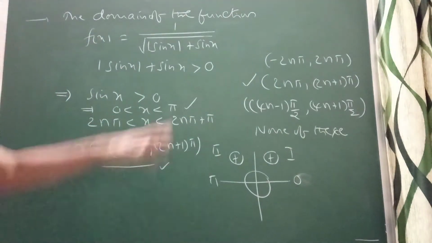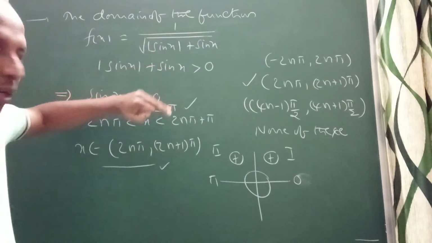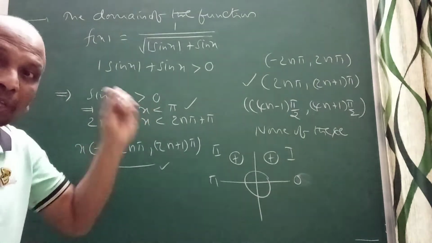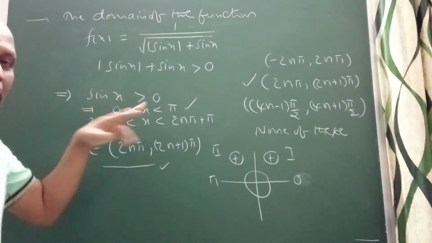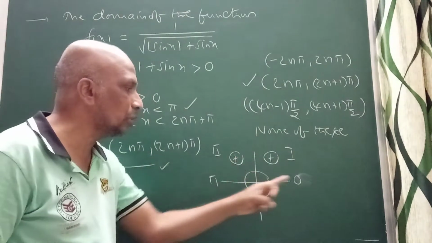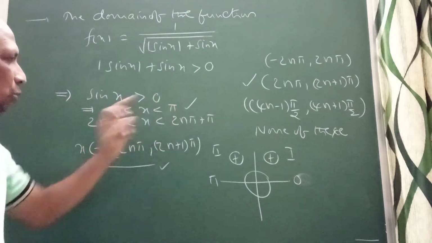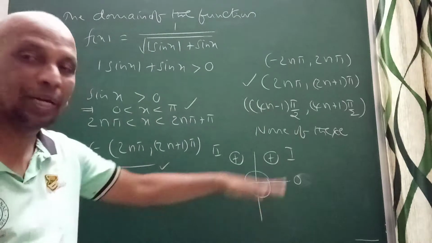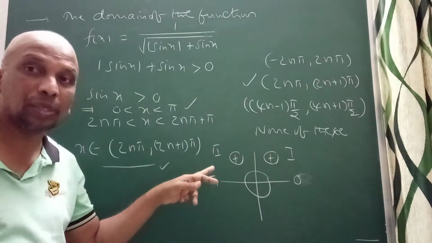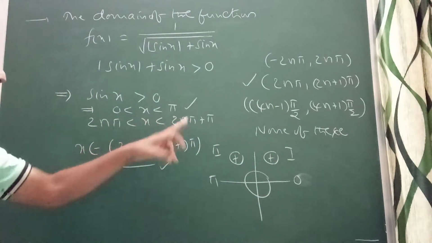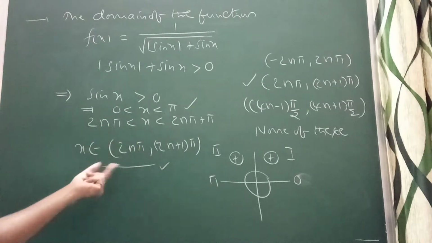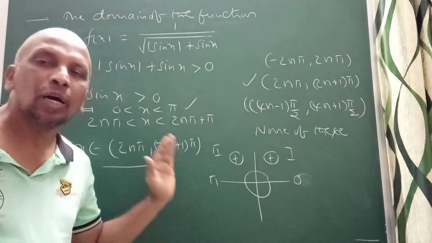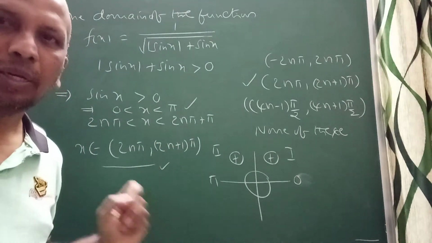So it's very simple. When they are given this is positive, since this is positive, this should be positive. So for what values of x should this be positive? Sin x is greater than 0 in the first and second quadrant, that is 0 to pi. I have taken 0 to pi. So the number of rotations we can add. For every complete revolution, it will come to the same place after 2n pi. So add 2n pi on both the sides. So x belongs to 2n pi comma 2n plus 1 into pi. This will be the domain of this function. Next problem now.